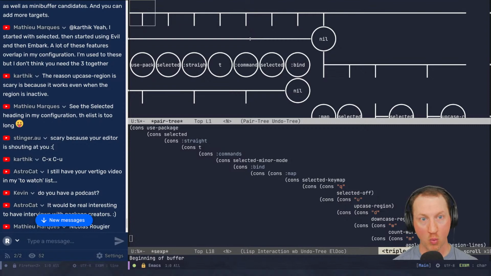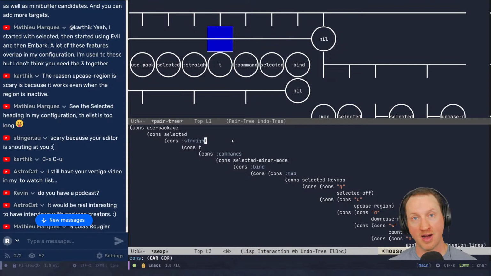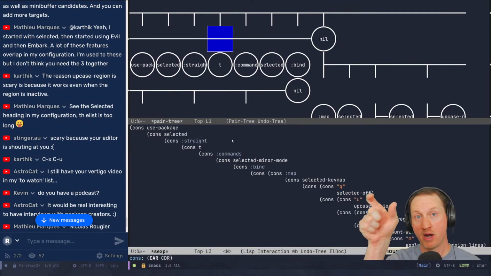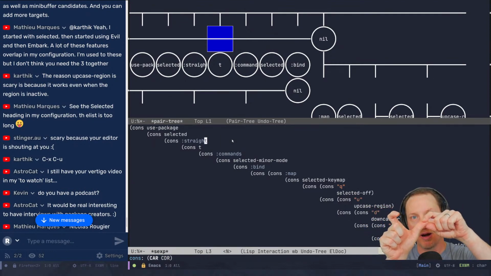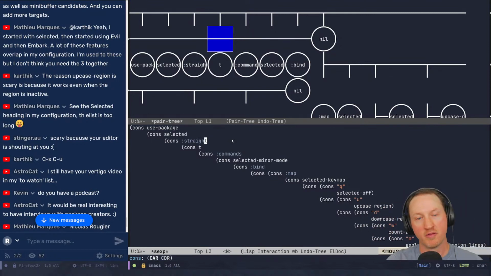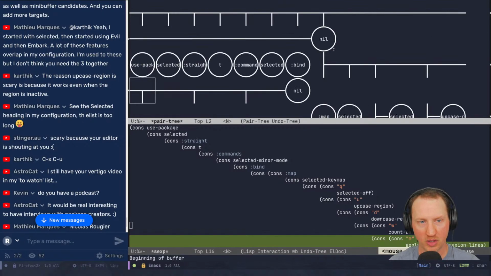And if you watch the Learning Emacs Lisp series and saw the part about lists, lists in Lisp are represented with something called cons cells or cons pairs, where it's basically a linked list where you have the first pair of items, but the second item in the pair is actually a link to another pair. So it's like a chain of things. And apparently what this package does is break down the list that you have into the cons pairs so you can actually visualize that.